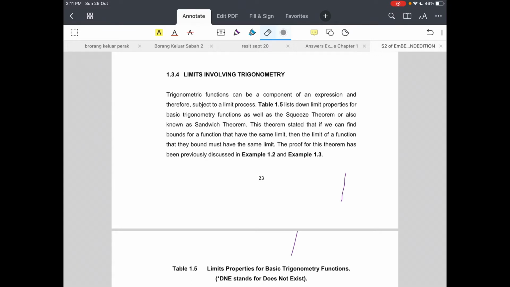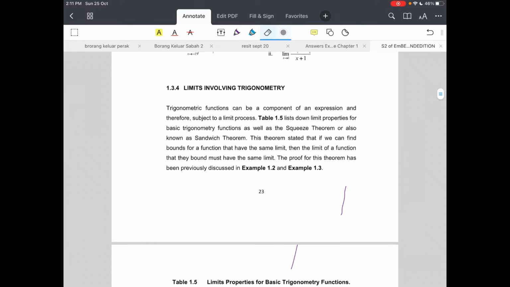So now let's proceed with the next subchapter, which is limits involving trigonometry. Basically, we have actually gone through how to solve limits involving trigonometry in previous lectures, and now we're going to look into